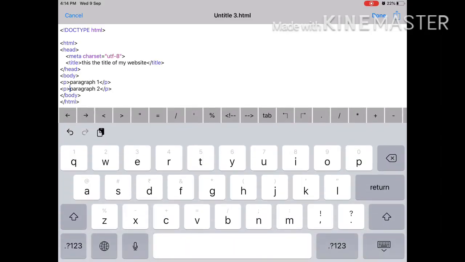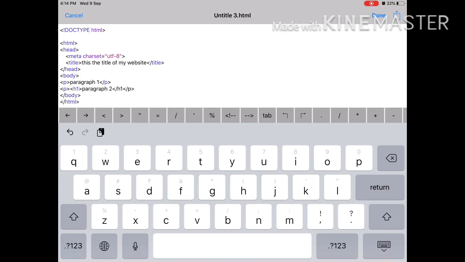So here if we write H1 and then close, as you can see it automatically makes that, but I don't want to write it. I want paragraph 2 to be an H1 heading, then slash H1, and then close the bracket.